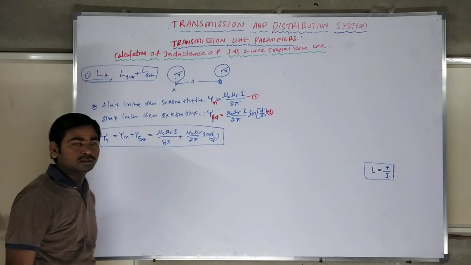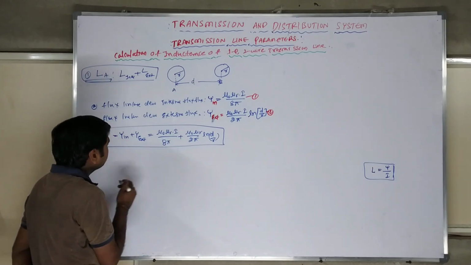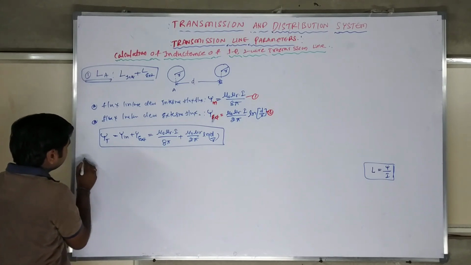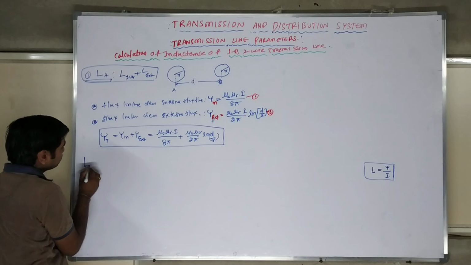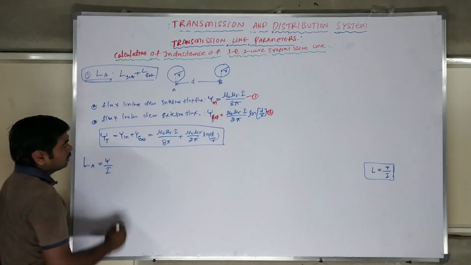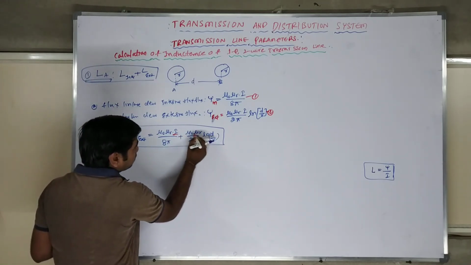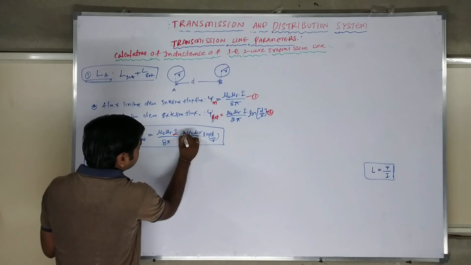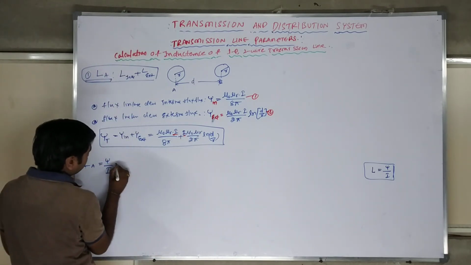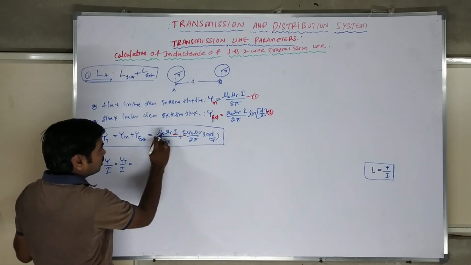Total flux linkages. Now, what is the inductance? As you know, inductance per phase is equal to flux linkage by current. Therefore, in this we have the current value I also, and in both cases I take this I down. So the total flux by I is equal to...